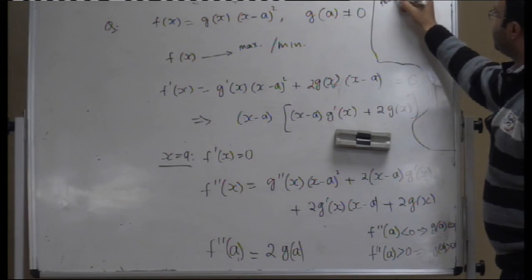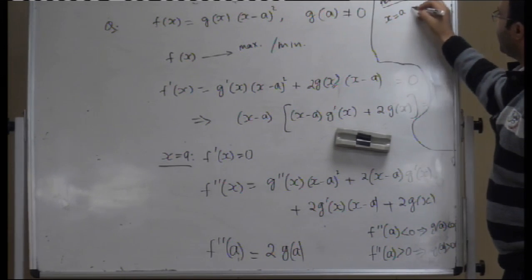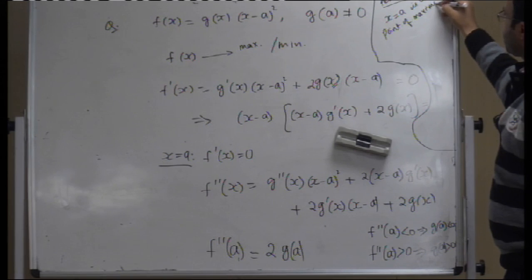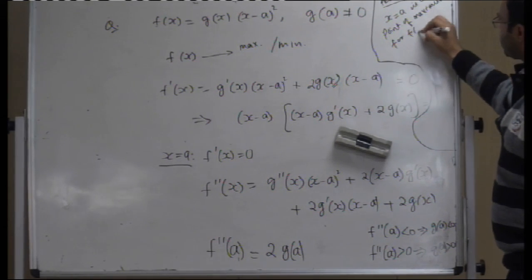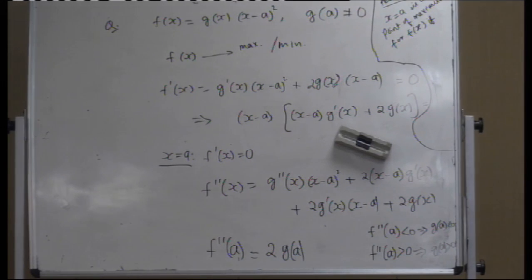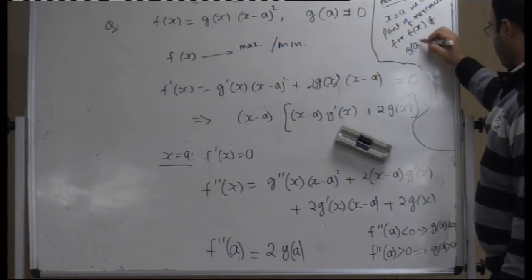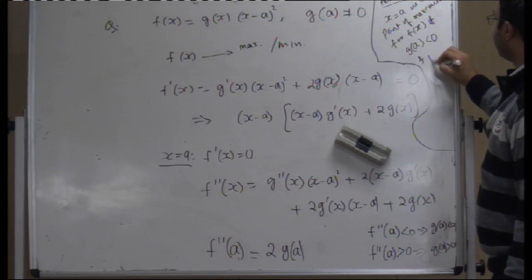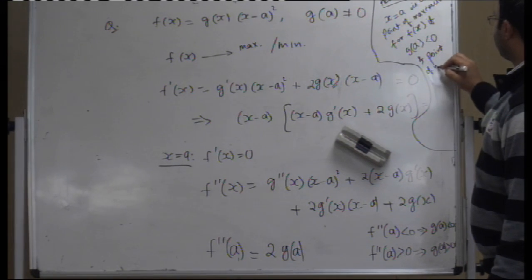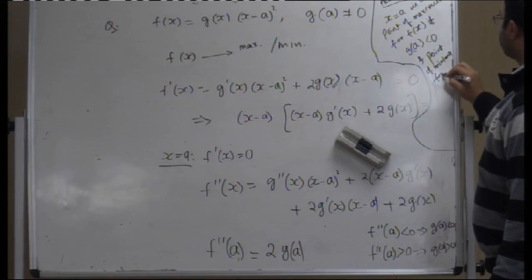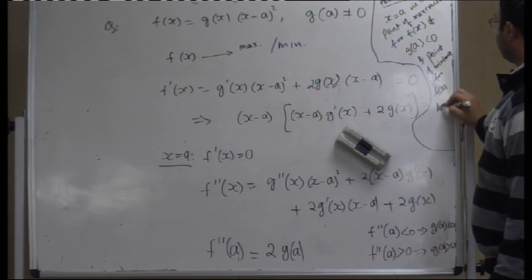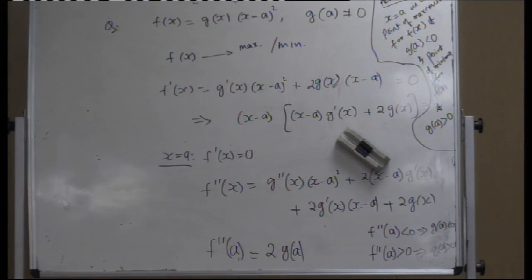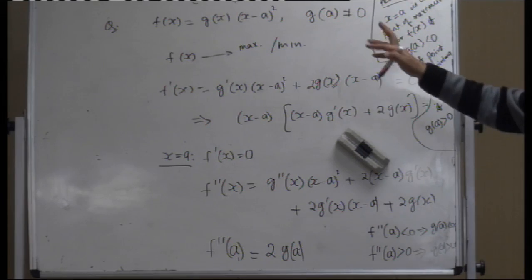Result you can write like this: x equal to a is a point of maxima for f(x) if g(a) is negative, and we say point of minima for f(x) if g(a) is positive. So I hope this mathematical part is also clear to everyone,